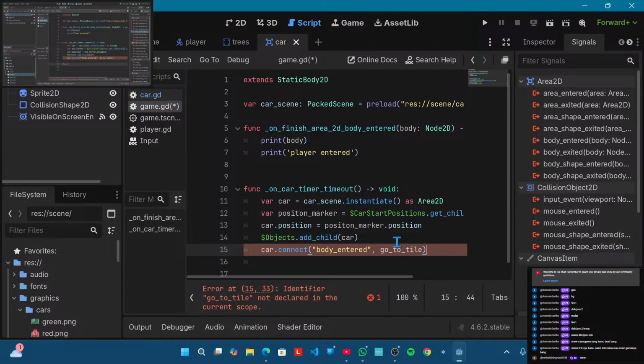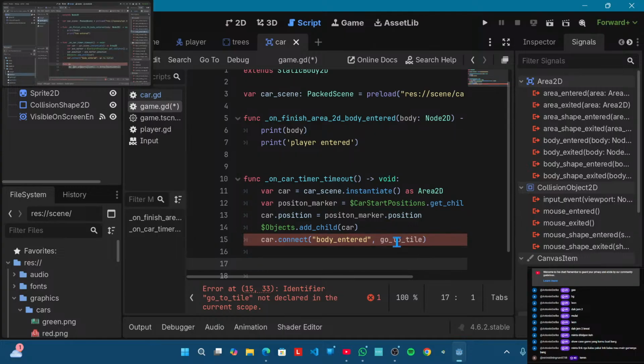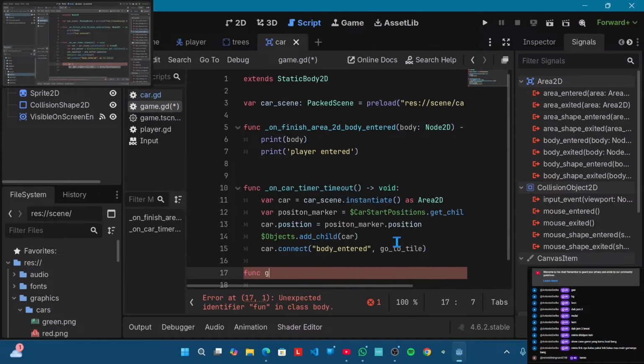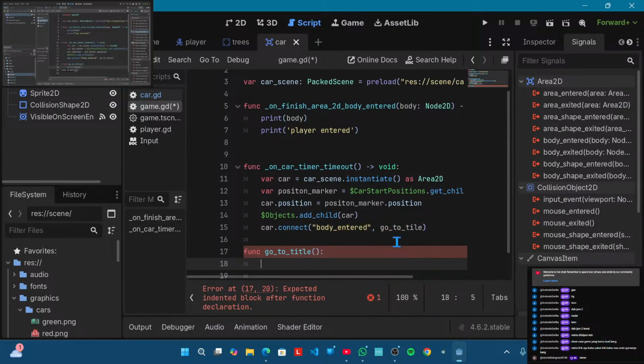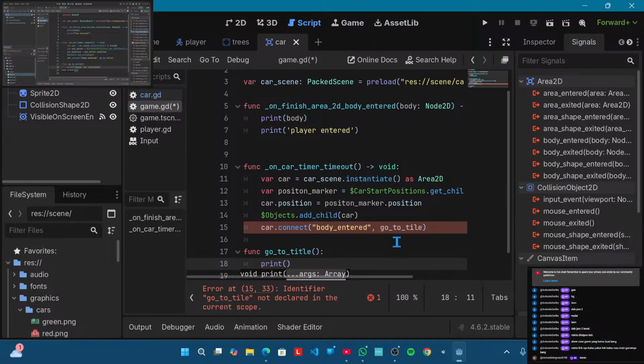this function. So func go_to_title. No need for parameters. And now, once that is the case, I want to print player car collision. And that should be it. Let's try. Inside of the game,